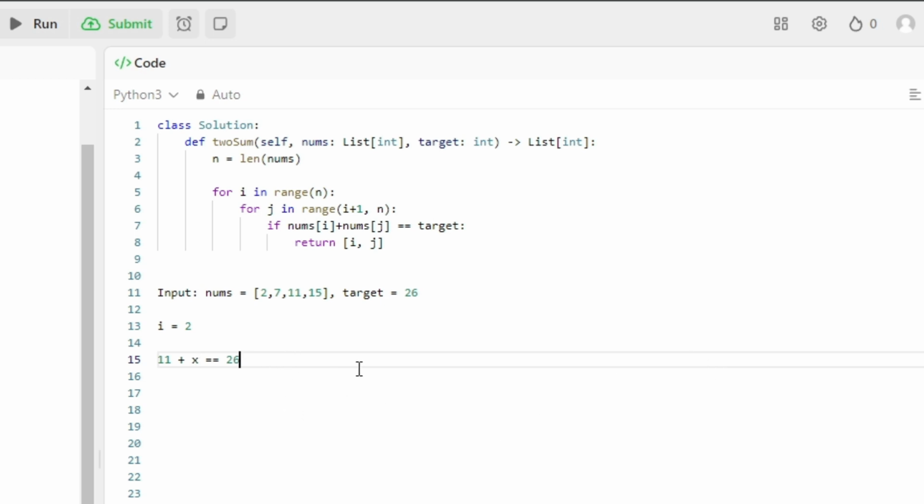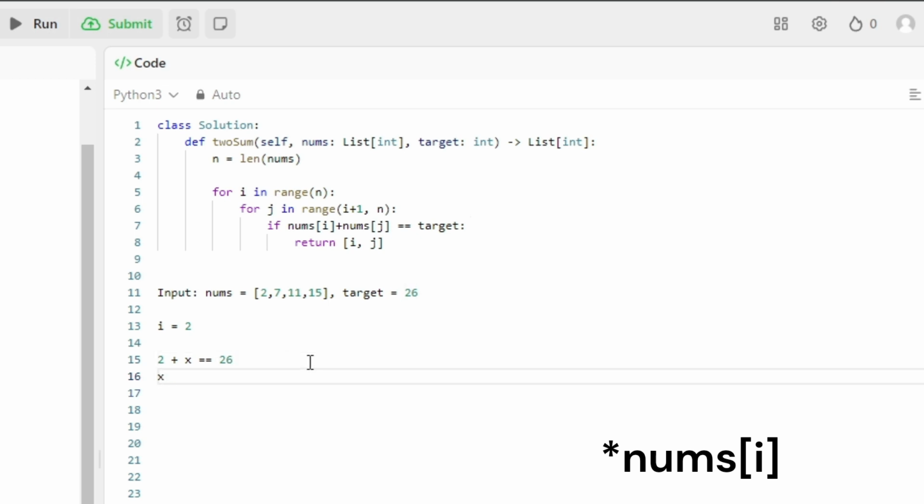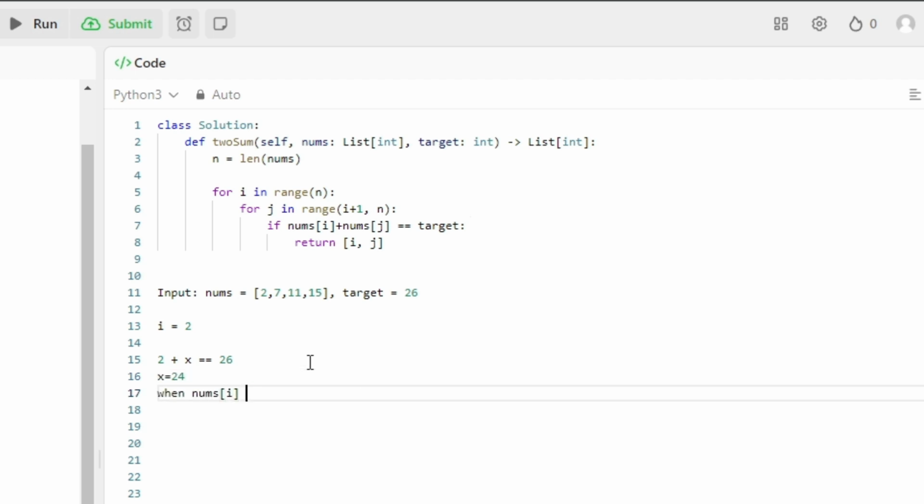Now, this is some algebra. So we're saying x is really just equal to 15. So we're saying when nums i is 11, we're looking for a nums j of 15. Similarly, this holds for every i value. So let's go back to the beginning. When i is 2, we subtract 2 from both sides. We're saying x equals 24. When nums i is 2, we want to find a nums j